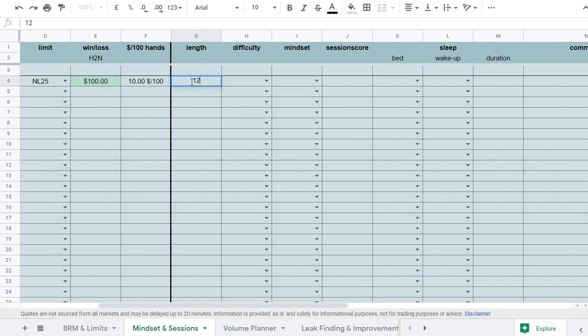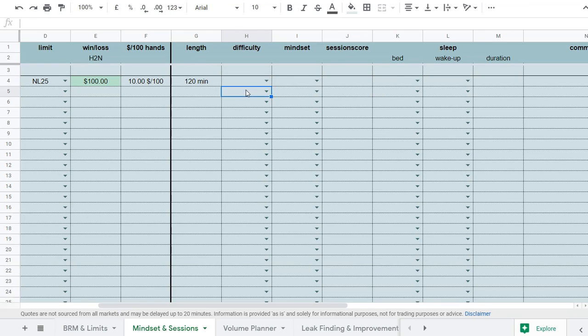Let's say, for example, we play a 2-hour session, we'll put 120. We then have the difficulty rating of the session. Now this explicitly refers to mindset. For most of us, the better we run, the easier a session is on our mindset. If we are running bad, card dead, constantly being sucked out on, this is going to be a difficult session